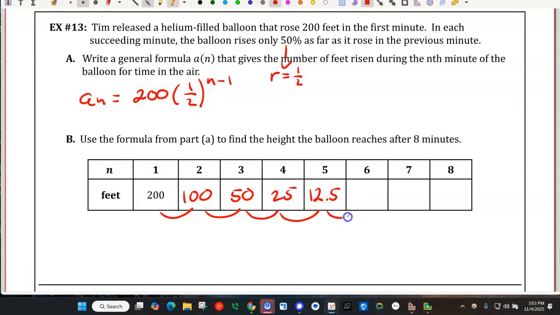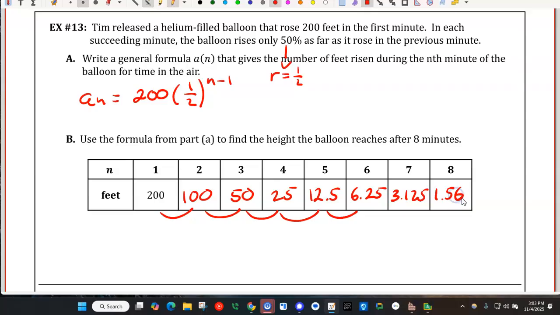And then half of 12.5 is 6.25. All right. So you might be tempted to pick up your calculator for some of these, but do them until it's needed. Right. So half of 6.25 is 3.125, and half of that is